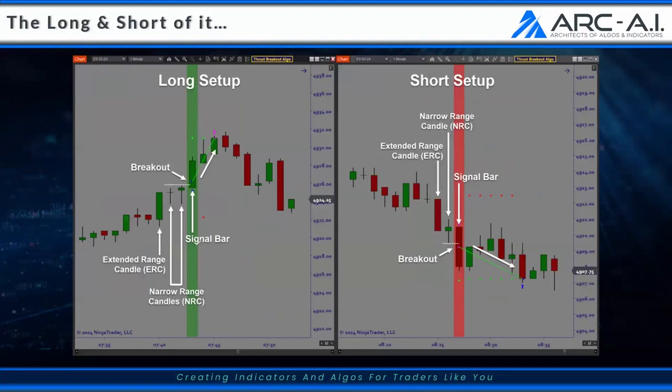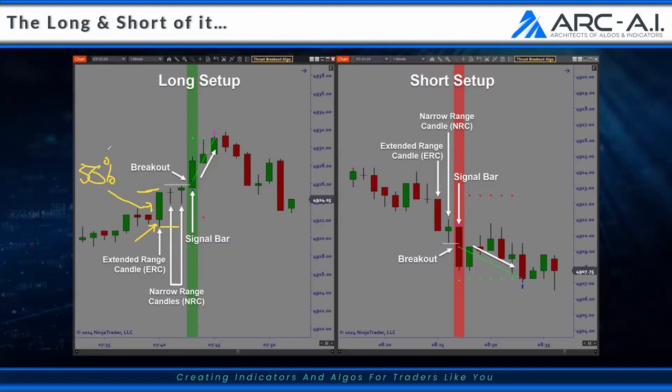So we've got the long setup here. Extended range candle. What does that mean? It's a big candle. What else does it mean? It means that the body of the candle, I'm not going to go deep into this today. Again, we can do this in the AMA tomorrow. But if we look at the total range of that candle, the range of this candle needs to be at least 50% body. This is kind of the standard terms.